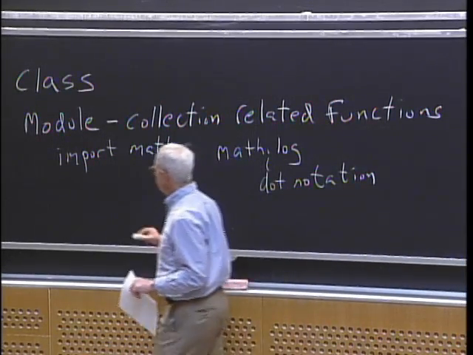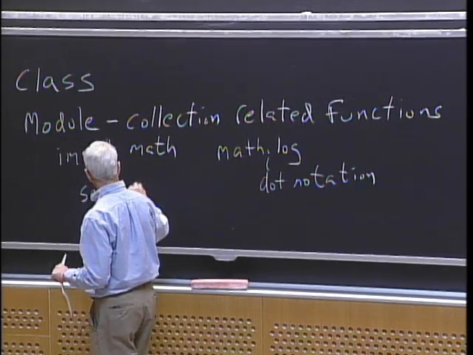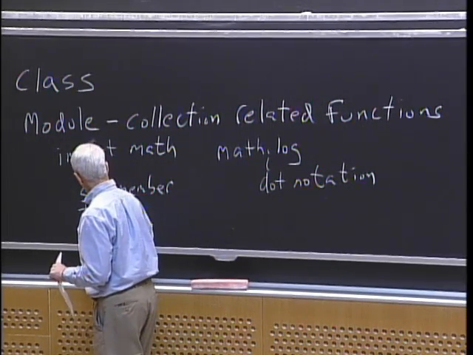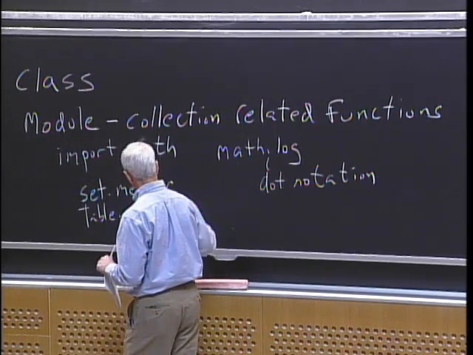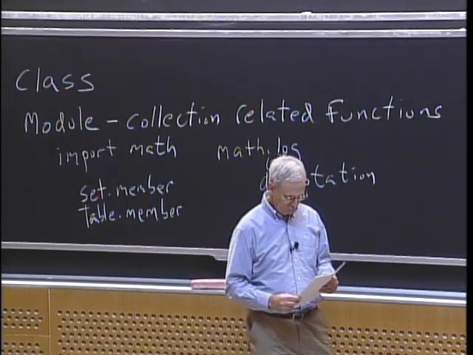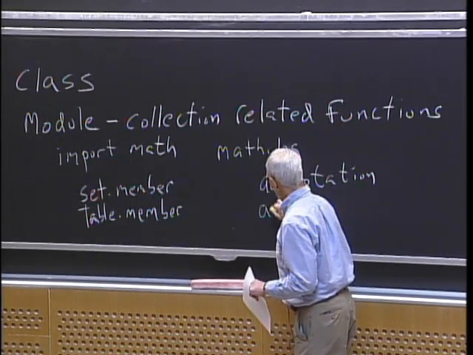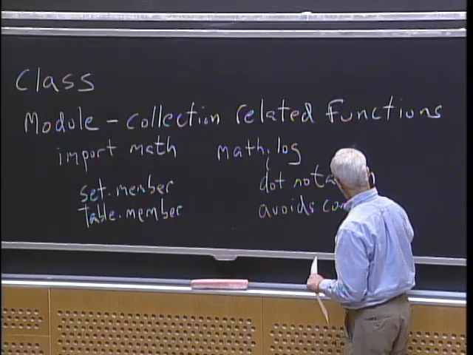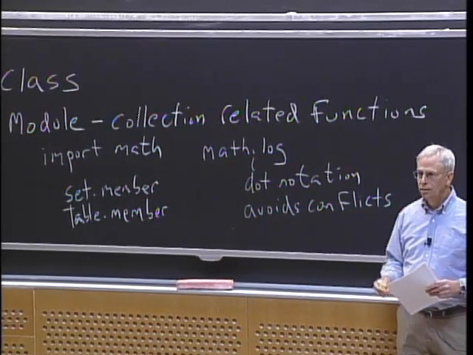But certainly, you might imagine that set.member and table.member would be different, and that both might exist. And as we've said before, the dot notation avoids conflicts by disambiguating. Okay,